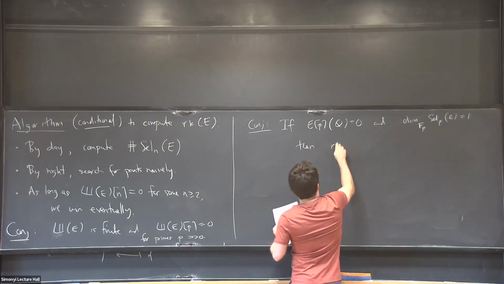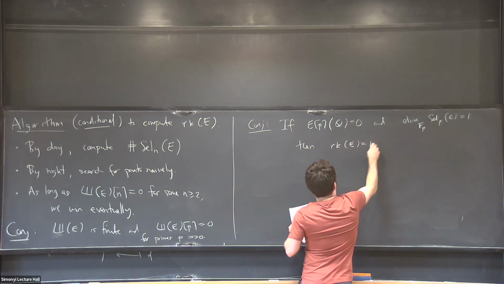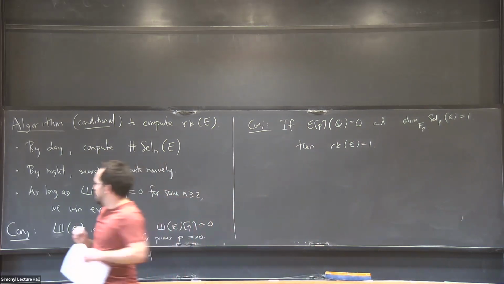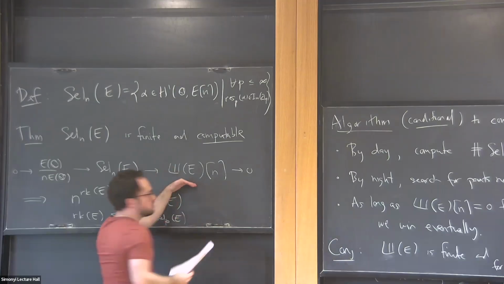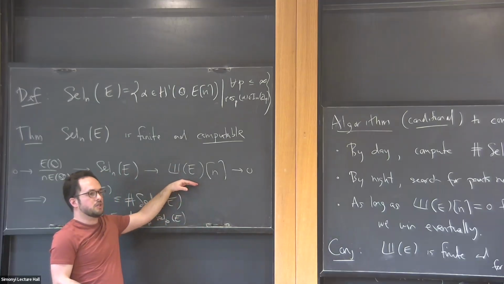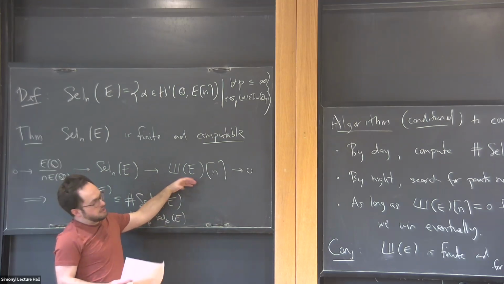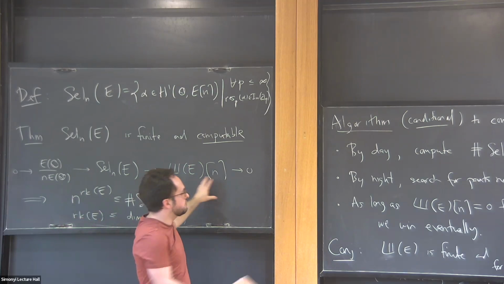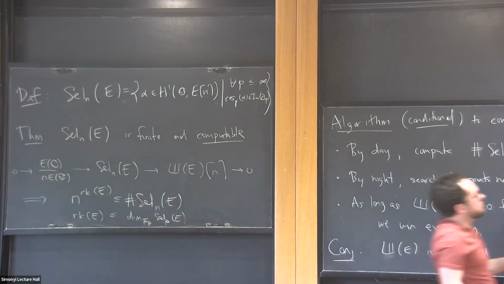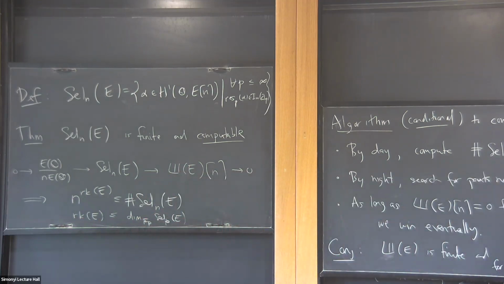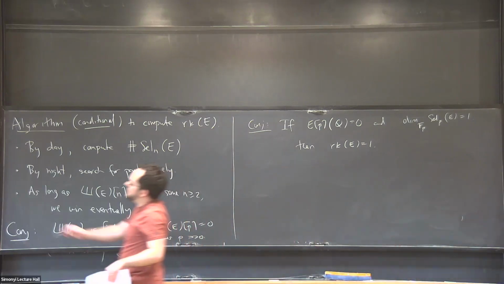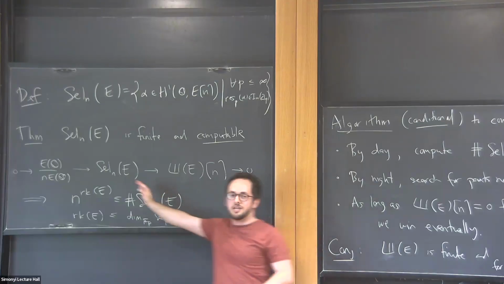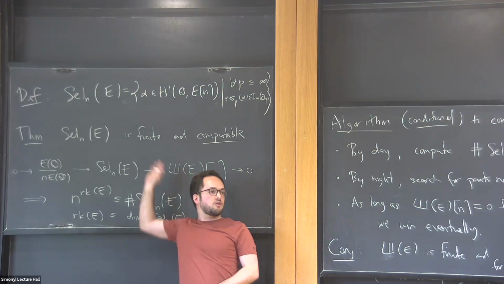Then the rank is 1. Okay? And the point is, conjecturally, this is supposed to be the square of an abelian group. Again, I can't explain where that comes from in this kind of talk, but that's part of these conjectures. And in particular, as an F_p vector space, that obstruction has to have even dimension. And so if the Selmer group is one dimensional, this has to be 0, and then you know everything comes